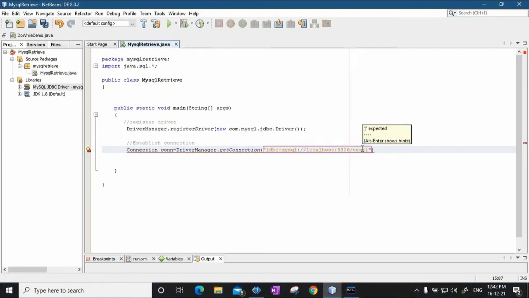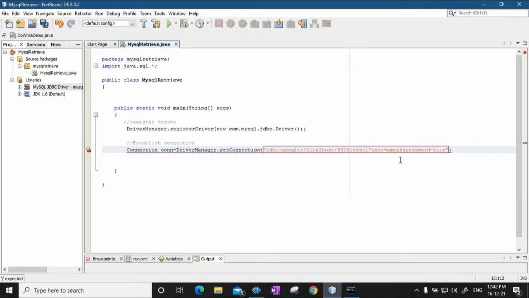So I want that database to be used, slash test1, and then you write a question mark here, user equals, say, amik, that's the username that I have given, and ampersand password, that I have set is root.